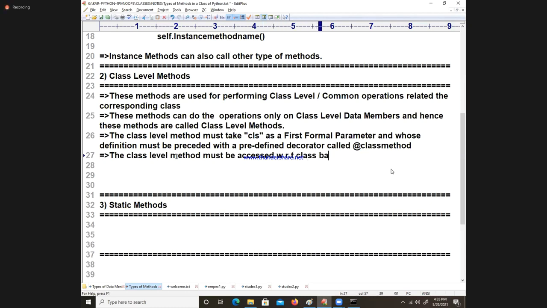Class name, you can access. And we can also access with respect to object name. No issue at all. There is no issue at all.